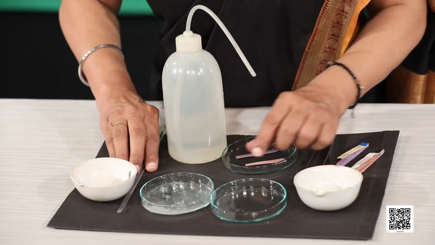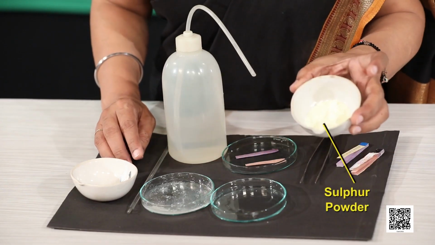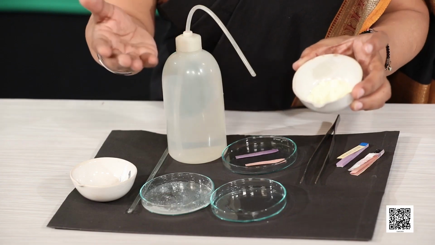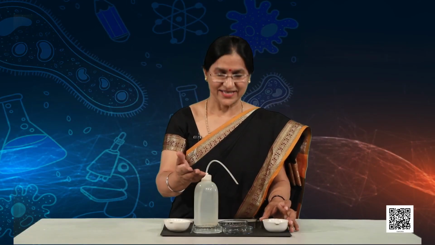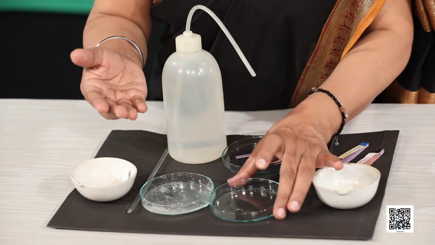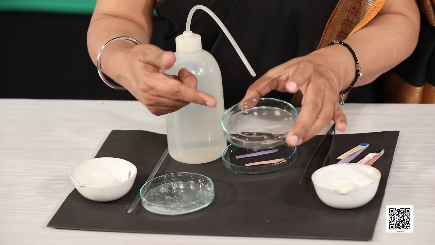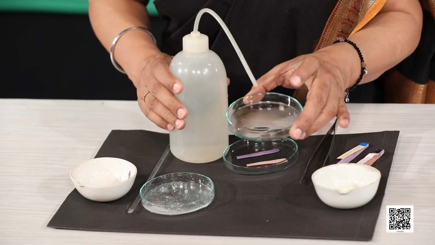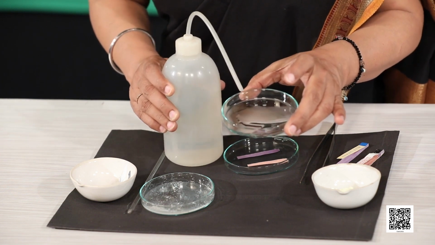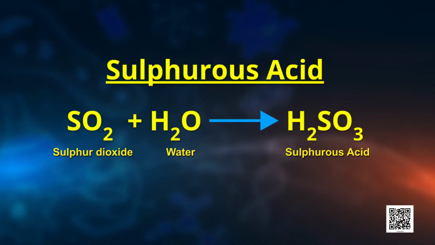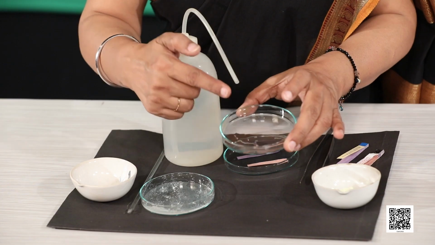And here I had taken sulfur powder, and you know what I did? I burned this sulfur powder in air. You have done it in your earlier classes too. And I collected sulfur dioxide and dissolved it in a little water. Now, I have sulfurous acid here,